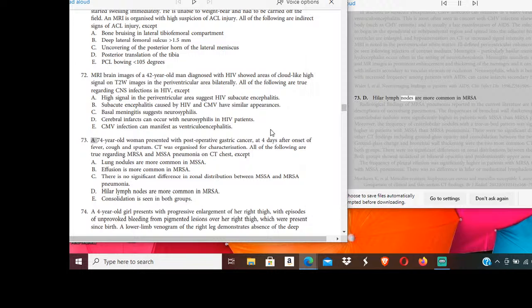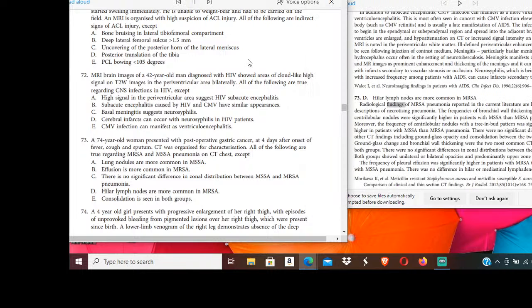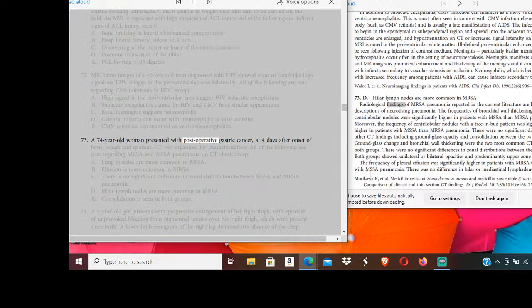73. D. Hilar lymph nodes are more common in MRSA radiological findings. A 74-year-old woman presented with postoperative gastric cancer, and for days after onset of fever, cough, and sputum. CT was organized for characterization. All of the following are true regarding MRSA and MSSA pneumonia on CT chest, except: